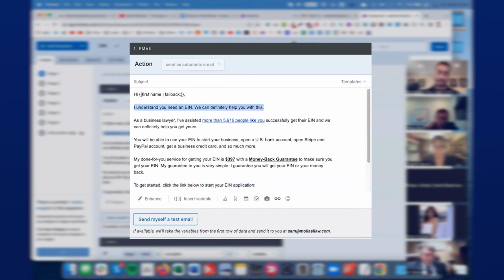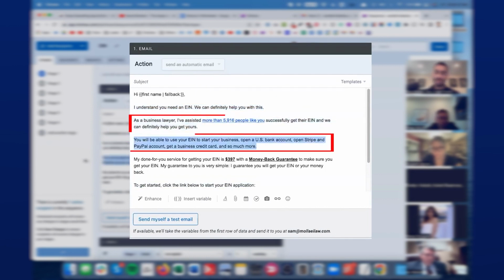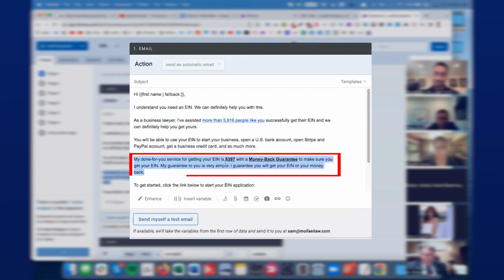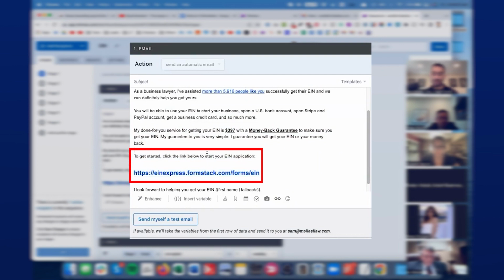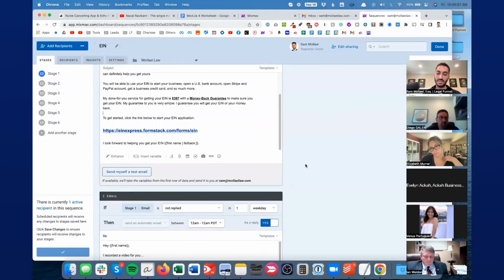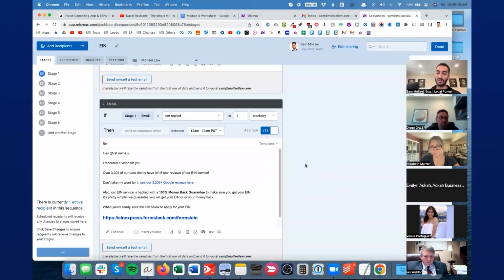Again, if you want to look at your own emails, just make sure you check off on these. First line, personalization. Number 2, social proof. Number 3, benefits. 4, clear offer. When you send the offer, always try to back it up with trust or something. Either the reviews or money back guarantee or some reason why that makes it easier for them to say, okay, well, I have ease of mind. You don't want to just send the offer and that's it. Always back it up. And then next is a clear call to action, which is always bolded, made larger, crystal clear exactly what they need to do. The beauty of the sequence is, if they don't reply back,